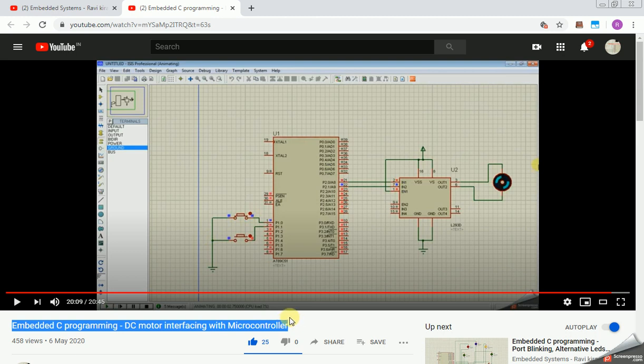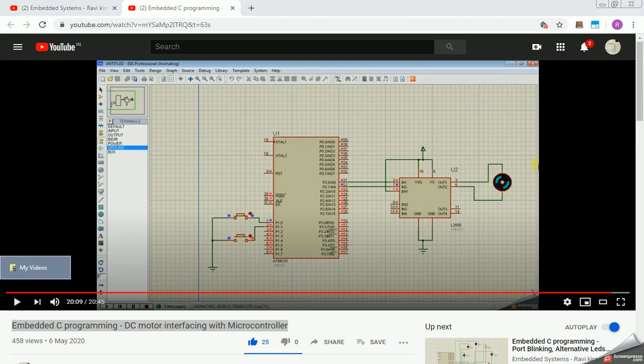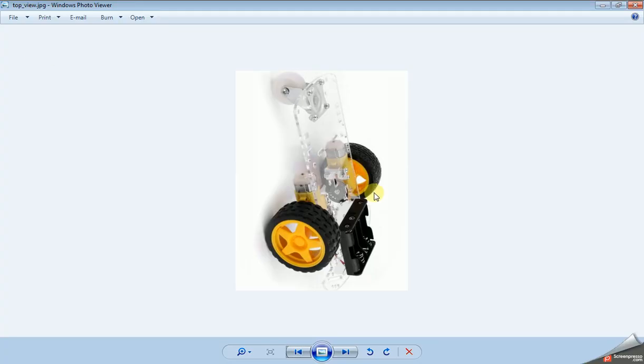So first, let's understand the basics of a simple robot. I'm going to make a robot like this. It is made up of two motors, that is the left side motor and the right side motor, and there is a front wheel as shown in the figure.